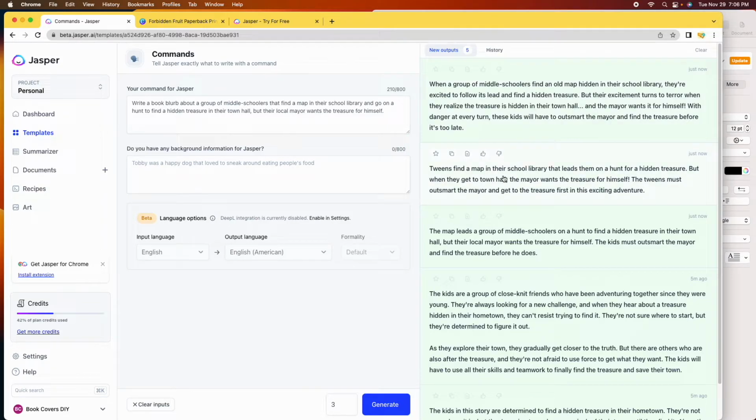All right, so let's go to the second one. Tweens find a map in their school library that leads them on a hunt for hidden treasure. But when they get to town hall, the mayor wants the treasure for himself. The tweens must outsmart the mayor and get to the treasure first in this exciting adventure. That one's pretty much the same, but I do like that it says in this exciting adventure. Okay, let's read our third option. The map leads a group of middle schoolers on a hunt to find a hidden treasure in their town hall, but their local mayor wants the treasure for himself. The kids must outsmart the mayor and find the treasure before he does. Okay, again, I'm going to go back to the first one. I love this one here. I'm just going to copy it